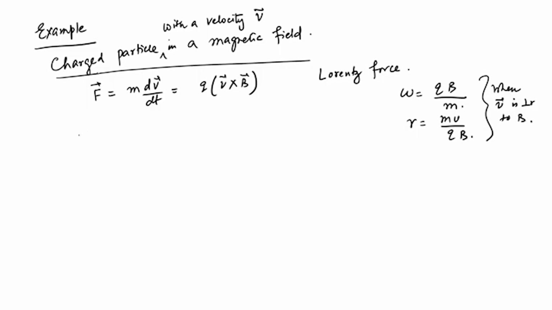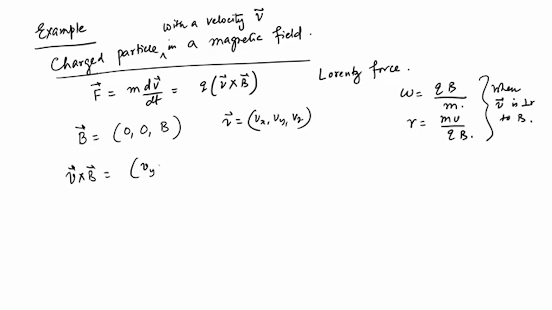So, now we will try to arrive at a full solution. As a simplification, let us assume that B is fully in the z direction, that is there is no component along x and y, and v of course has all the three components Vx, Vy and Vz. And we have this V cross B that comes out as Vy B,